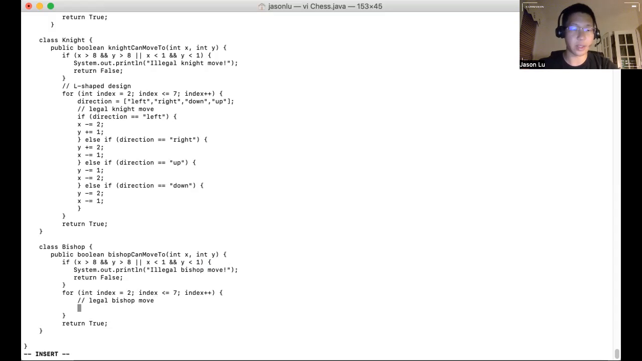So now you have another direction for bishop. You have two directions of bishop. You could either do positive horizontal and negative horizontal for bishop. So once again, I have to check for direction. If the direction equals positive horizontal,